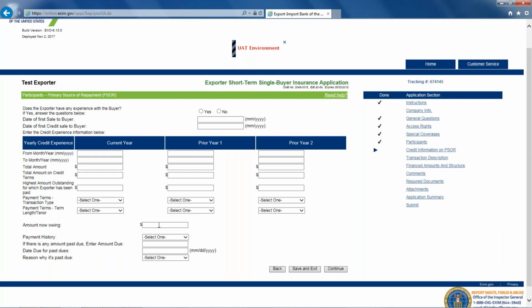It's asking you to indicate whether you have any amounts owing right now, what your payment history is, whether they're prompt or typically 30, 60 or more days slow. If there's any amount past due, the due date, and the reason why, if there is. I'm going to say no here, and I'm going to press continue.